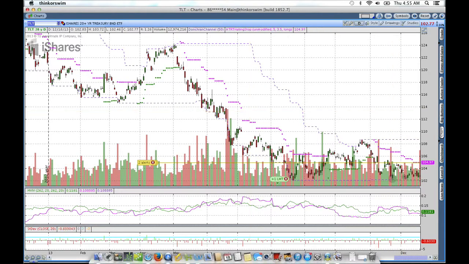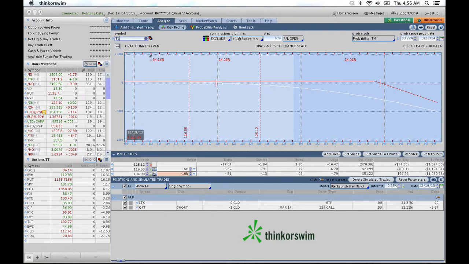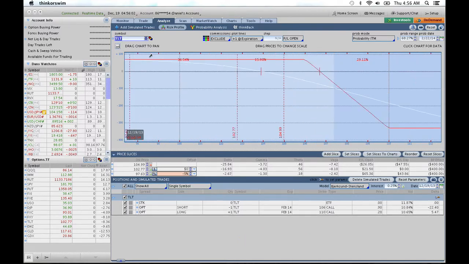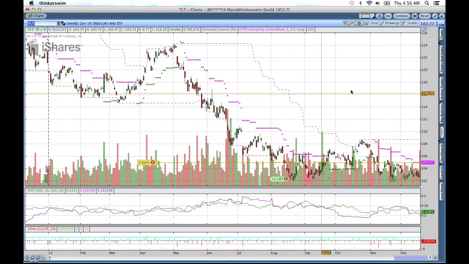And if we come back over here to the Analyze tab, we can see what we have going on in the TLT. And in TLT, we have a short credit spread, and it's the 106-110 call spread, and it's out in February. So let's go back over here. So 106 is right here, 110 is right here. So essentially we're short a credit spread right here above the market, and our stop level right now is at